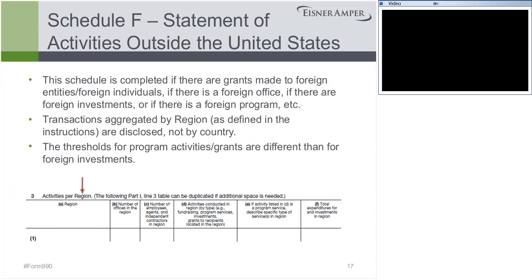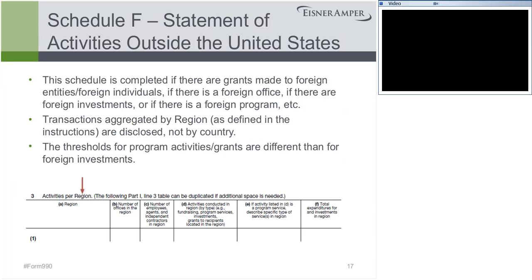Schedule F. This is F for foreign, right? And this schedule gets a lot of attention. Just in general, the IRS, the Department of Treasury, has been taking a very close look at dollars that leave the United States and why they might leave the United States. And so in doing that, they've created all sorts of additional filings that you may have heard about. But one of the things that gets you out of having to do those filings is filling out this schedule